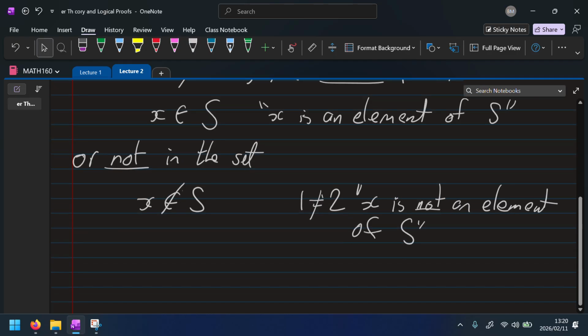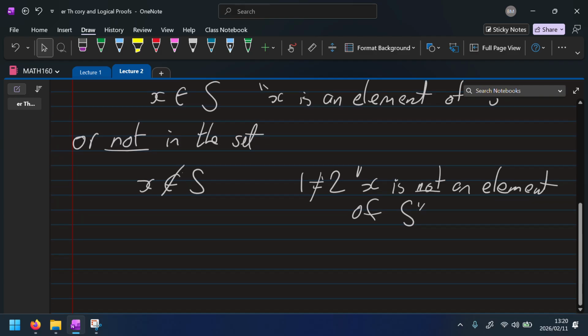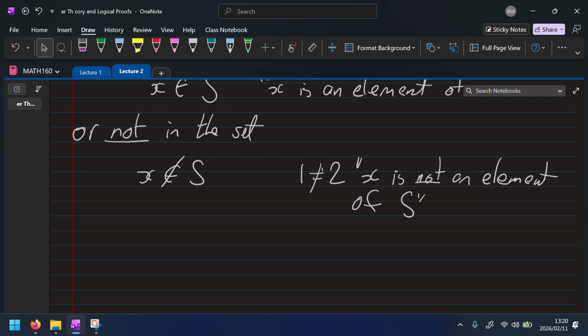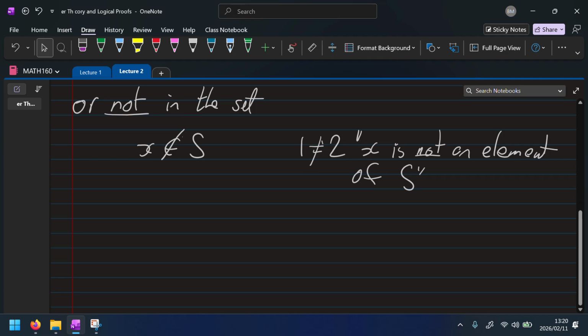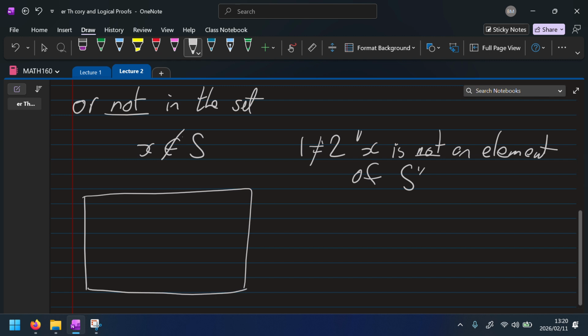Okay. So that's how we read that symbol. Now, if it is not an element of S, it's an element of another set, which we call the complement of S. So we can view that as a picture. So let's say we have some larger space. We'll see what this means later on. If we have our set S here,